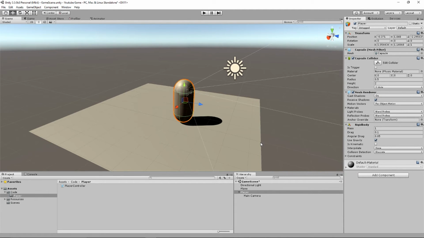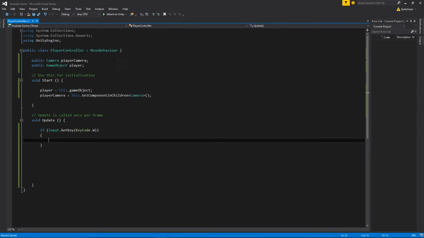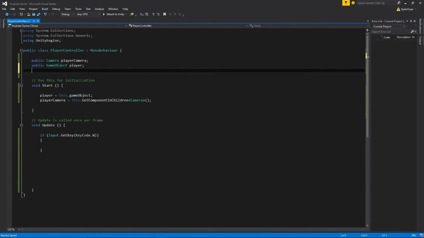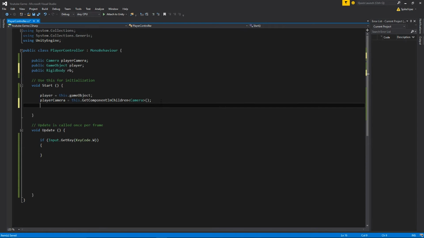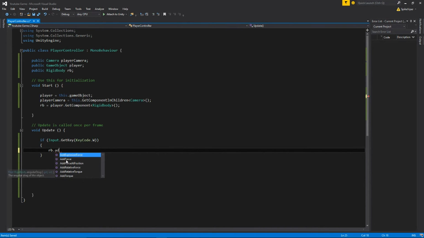And now what we're going to do is go back to our code and make a reference to the Rigidbody. So public Rigidbody rb, and then in the Start function, rb equals player.GetComponent Rigidbody. Bam! Look at that. Now we are setting the player, the player's camera, and the player's Rigidbody. And now since we know what rb is, we can call rb.AddForce,